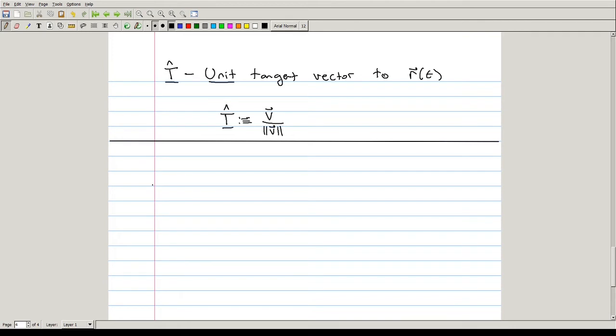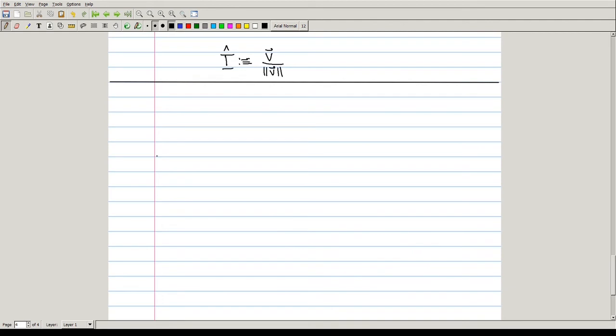But before I do that, I want to talk about the next concept for curves, which is, if we define the velocity using the derivative, we're going to end up defining what's called the arc length of a curve, or the length of a trajectory up to a time t, as follows. For notation, this is a scalar function. We'll say s of t will denote the arc length traced out by the curve